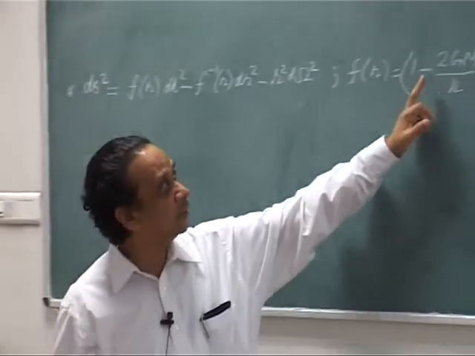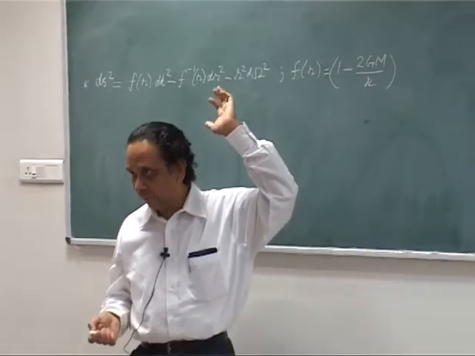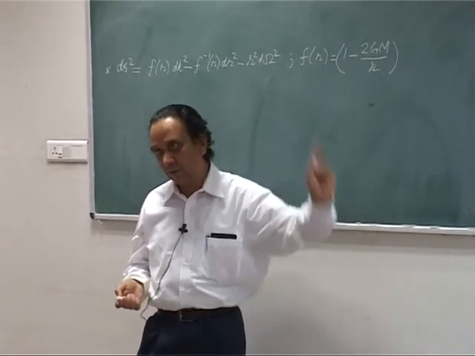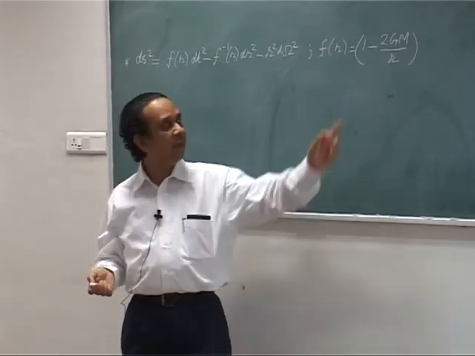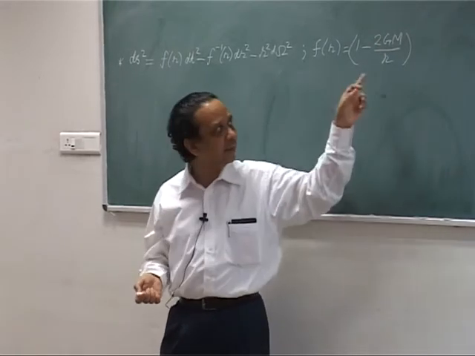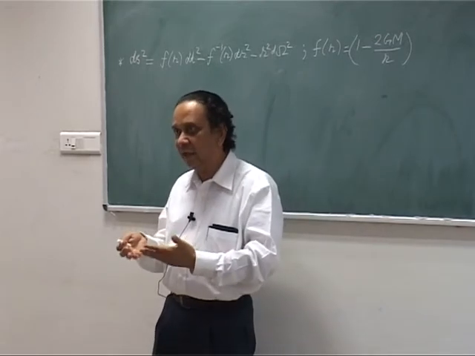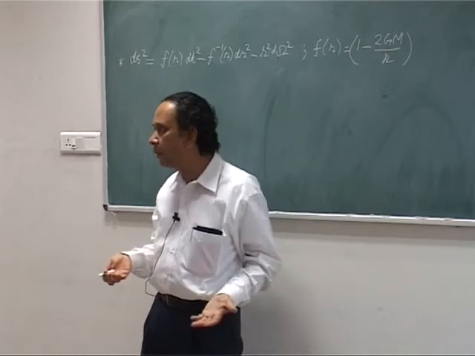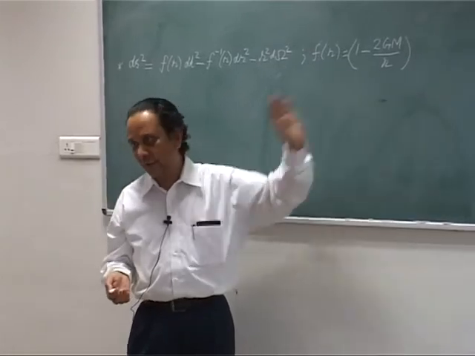And the f of r is given by 1 minus 2GM by r, where m is interpreted as a mass by the Newtonian limit. This actually stands for 2GM by c square r. We have set c is equal to 1, and actually when we go further, it is also convenient not to worry about this G as far as this metric goes, because we will just write it as 1 minus 2m by r, but that m you can think of as G times the mass of the particle divided by c square. So, it is just a parameter in the problem, and that simplifies a lot of writing.